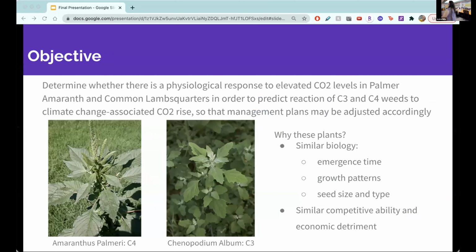So the main objective of the study was to understand the physiological response of these weeds to elevated CO2 conditions, so we can better understand how the differences in carbon dioxide uptake and use in C3 and C4 weeds will react in the face of steadily rising carbon dioxide levels in our atmosphere. These two weeds were chosen because of their similar biological traits, such as emergence time, growth pattern, and seed type, all of which lead to these weeds being really competitive with crops and really hard to eradicate and to prevent their